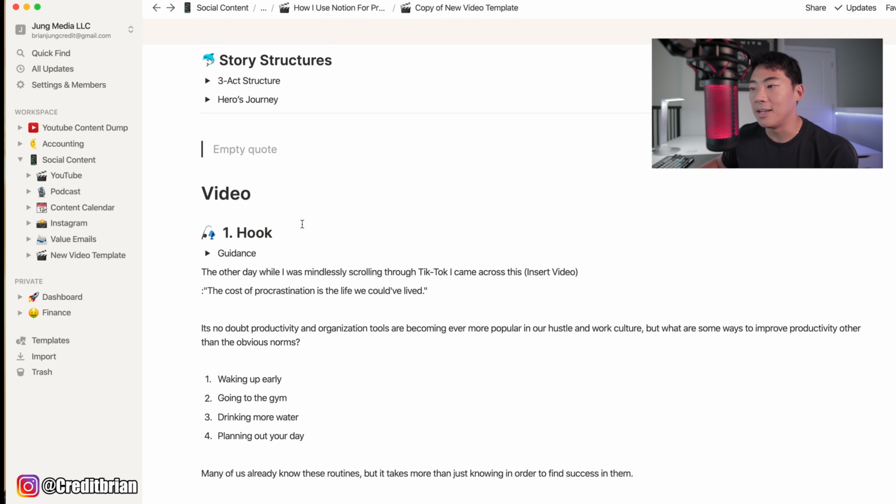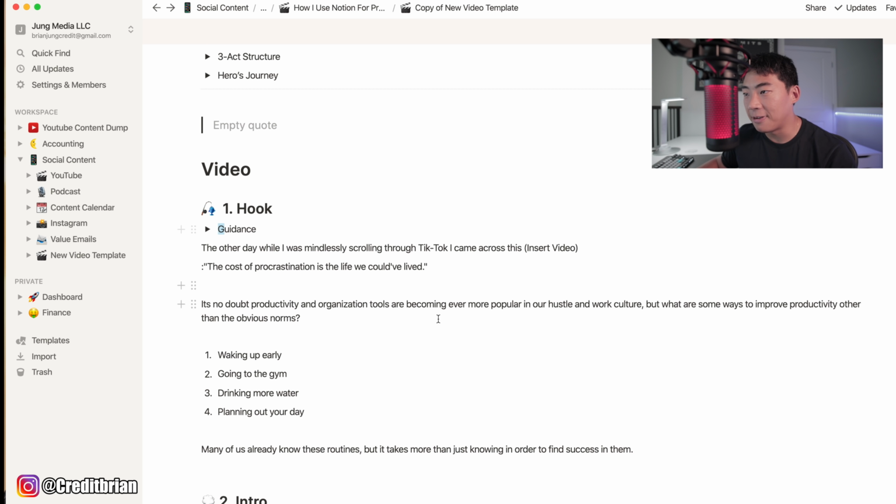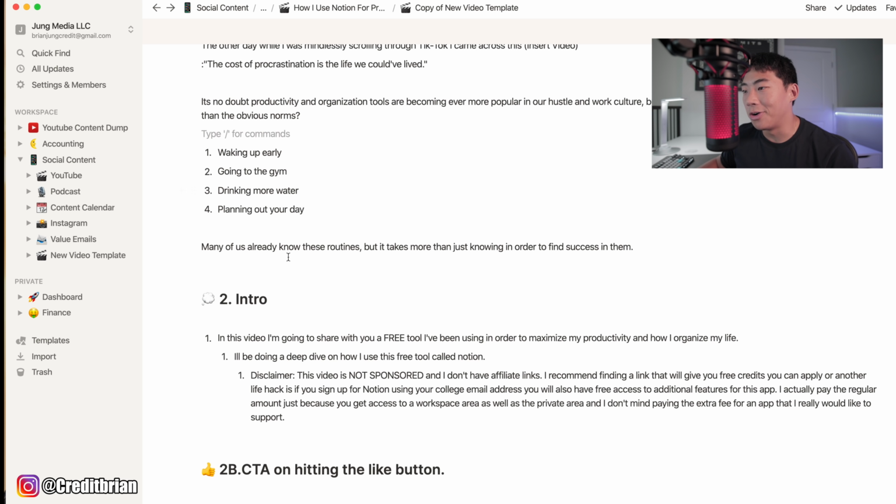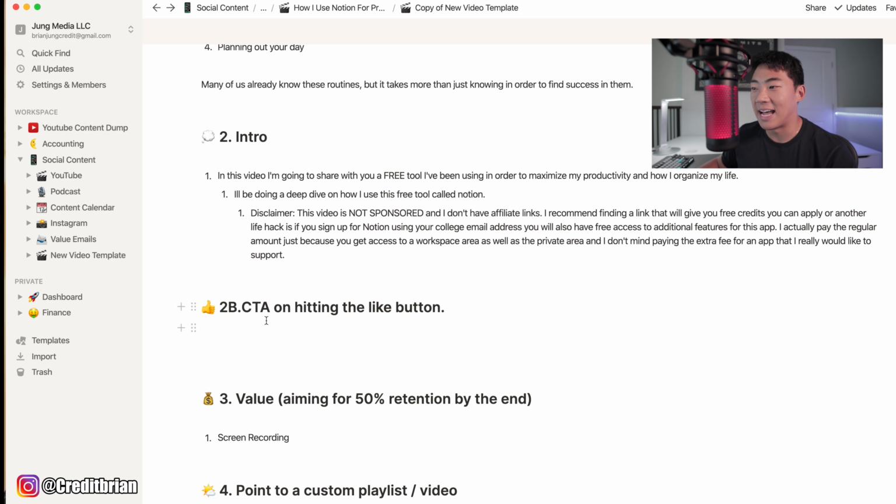So as you guys can see, here's a hook. If I need some guidance, we'll open that up too. This is the one that came with the template. If I have an intro, I'll put that in here. I'll have the call to action like